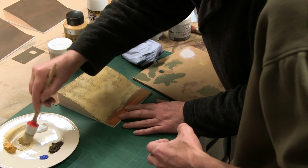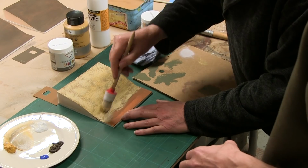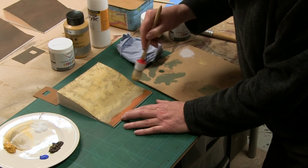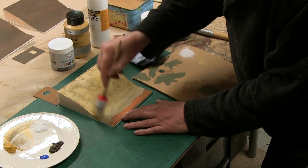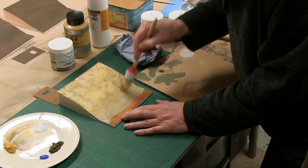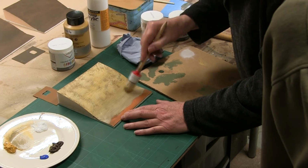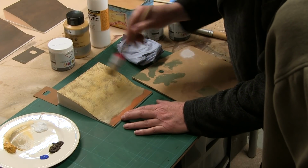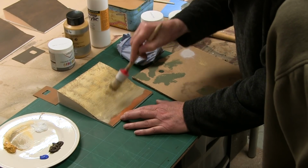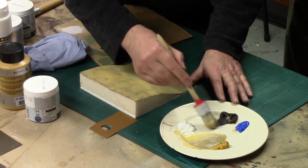So more ochre into it, going darker now. This is now I'm putting more and more umber in there. So you see that's getting a lot more neutral now. And in a minute, of course, you can work it up with the more neutral colour, which is the mixture of the burnt umber, the yellow ochre and the white, up into the raw umber, the yellow ochre and the white, up into the slightly warmer colour there. So it's the transitional. That's looking okay. And now, right at the very end, we're going to...